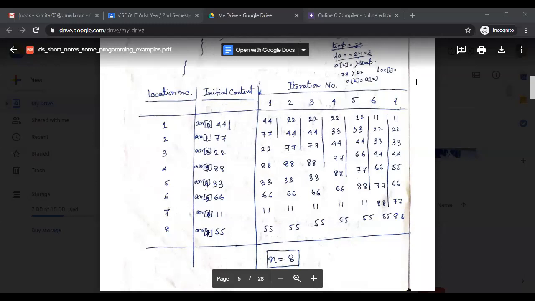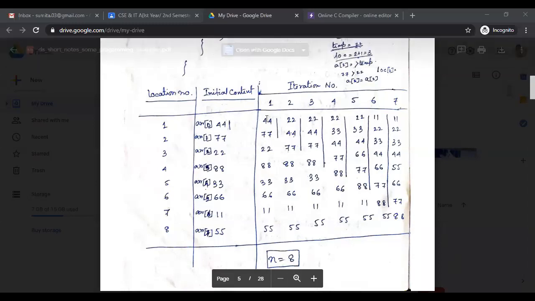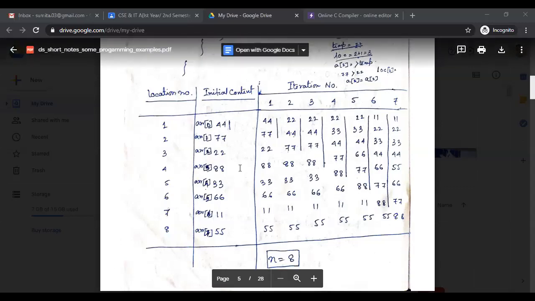See, there is a total of n elements, and in this example n is equal to 8. It is clear? n is equal to 8 and there are 8 elements in total, all arranged randomly.